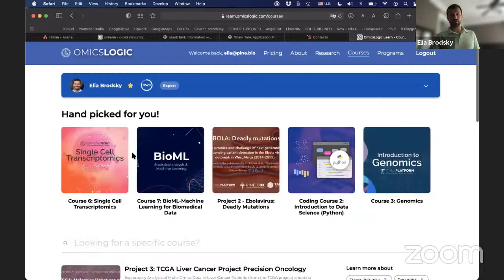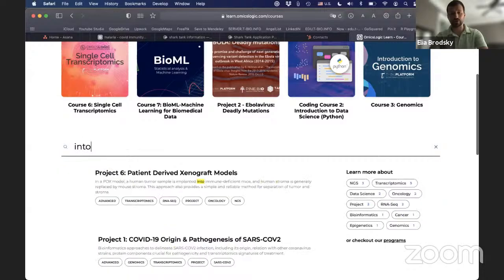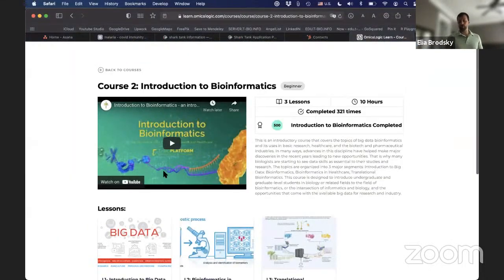Another course that I would recommend for all of you that are joining today is a course called Introduction to Bioinformatics. So the first course will give you the general background and the terminology, and will refresh your molecular biology concepts so that you understand how all of this works together. Introduction to Bioinformatics will introduce you to the challenges and opportunities with big data, such as next generation sequencing, and how this data could be analyzed.